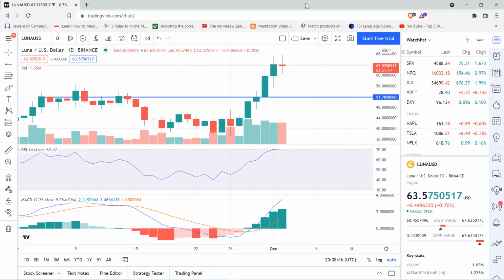So don't be afraid of the price action. Don't be afraid of looking at charts. I love charts. Charts tell you so much and help you buy and sell at the right time. Luna's price action is very encouraging, in my opinion. It's had nothing but green days. It's got more green days ahead, and I will be personally looking to pick it up when the time is right for me. Not financial advice. Do your own research, but this is something to get you going.